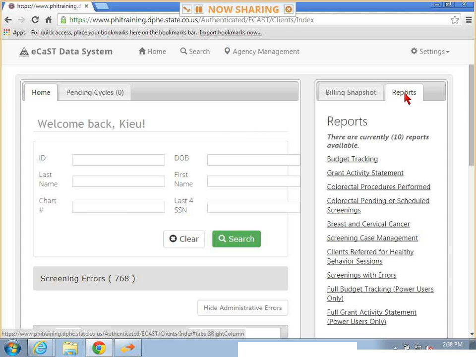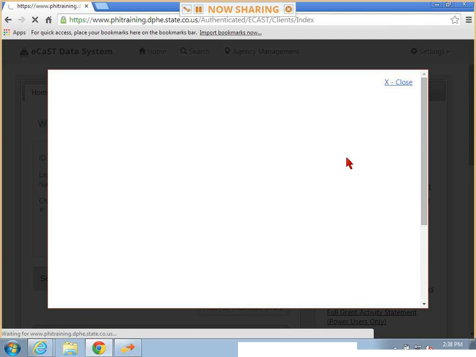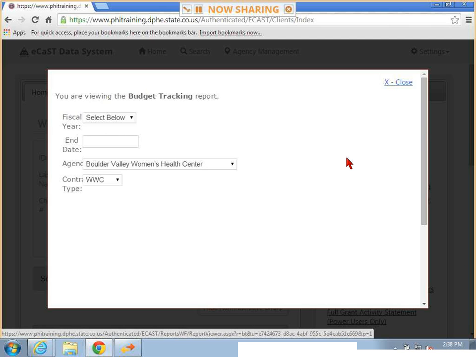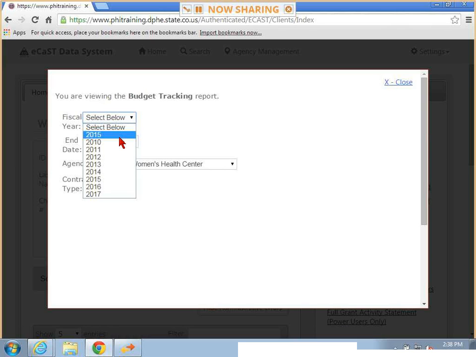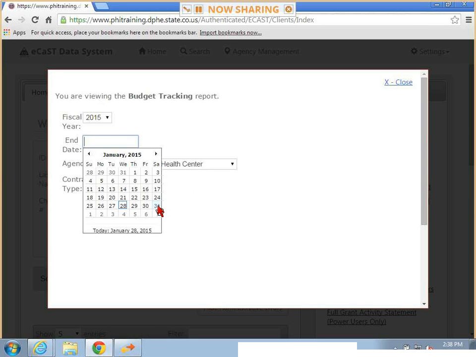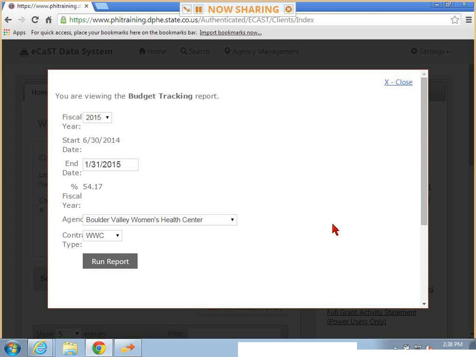Once you log into eCaST, go to the Reports tab and go to your budget tracking. And you guys will be able to see all of these because you'll be able just to see your budget tracking and what reports are available to you. Select the 2015 fiscal year, and your end date will be January of this year. It'll show you the percent fiscal year, how much we've already gone through. And then